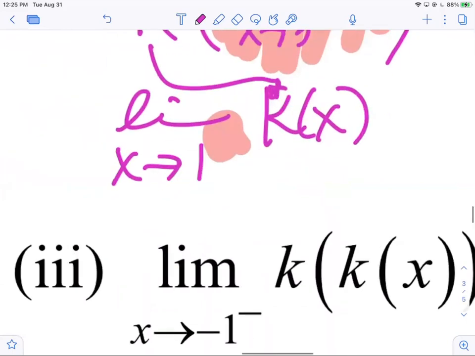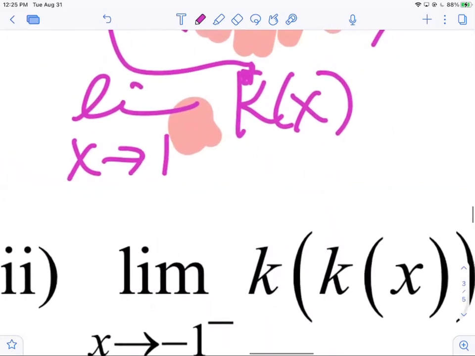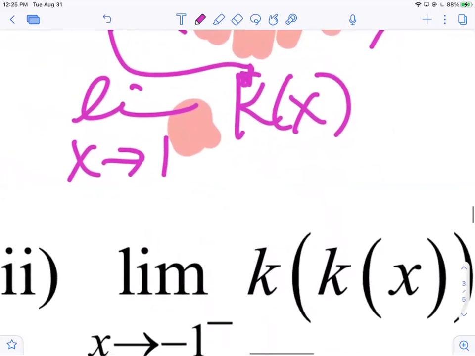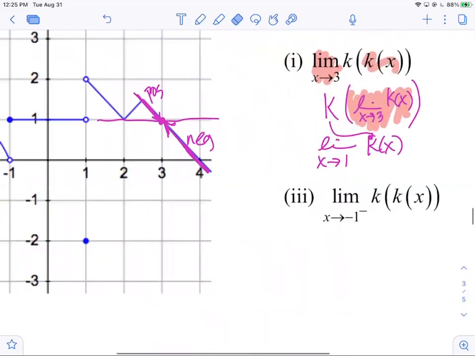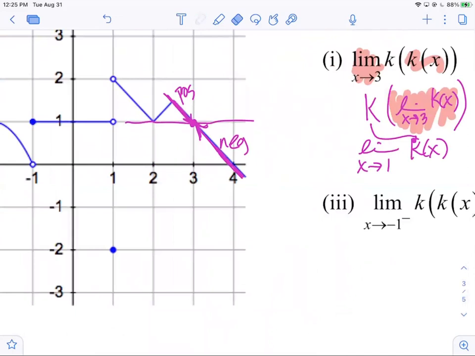So as I approach 1, I need to approach horizontally now from both the positive and negative side, which means it needs to be a general limit once again. That's important, right? Everyone okay with that? Good. All right. So now I'm going to go over to 1, and I'm going to look at the general